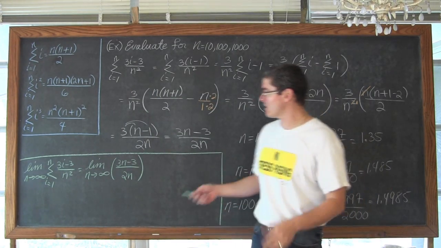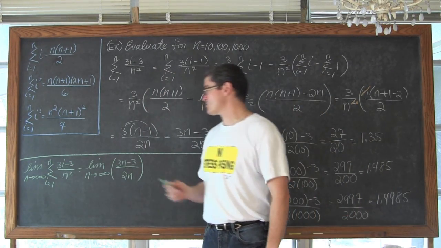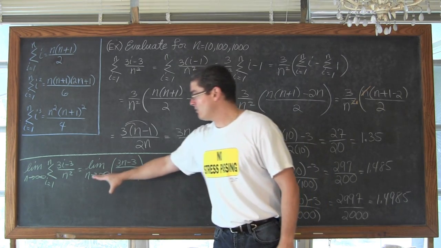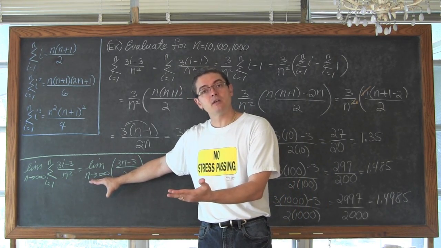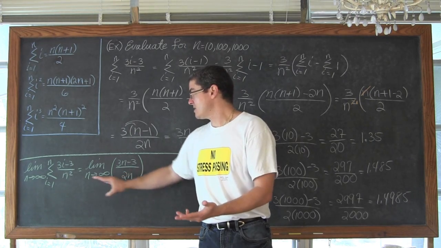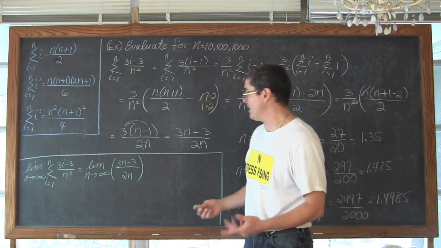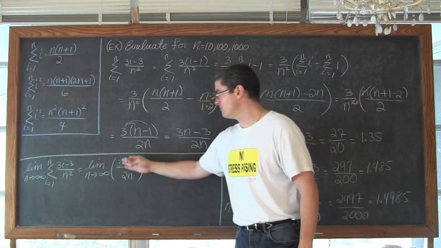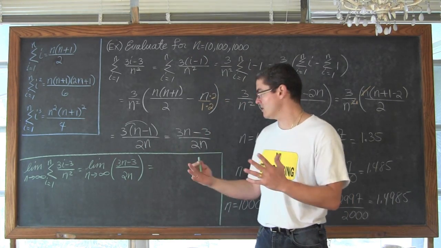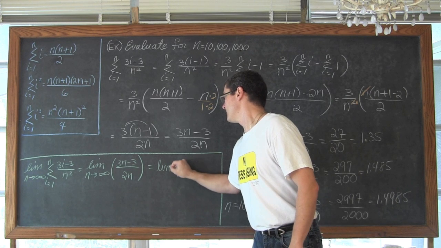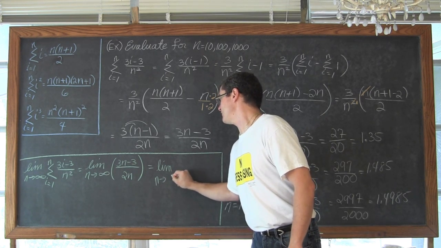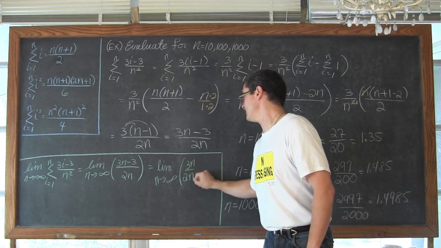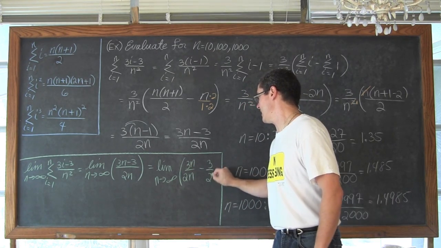So we've already done all that work, and we got the expression of (3n minus 3) over 2n. Now, including this limit notation that we've learned in calculus, we can take this old skill that we knew from pre-calculus and just simply do this. We're going to rewrite this so that we have a bunch of small separate terms, and we have the limit as n approaches infinity of 3n over 2n minus 3 over 2n.